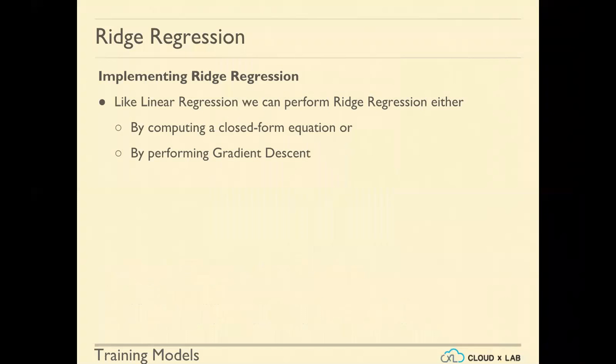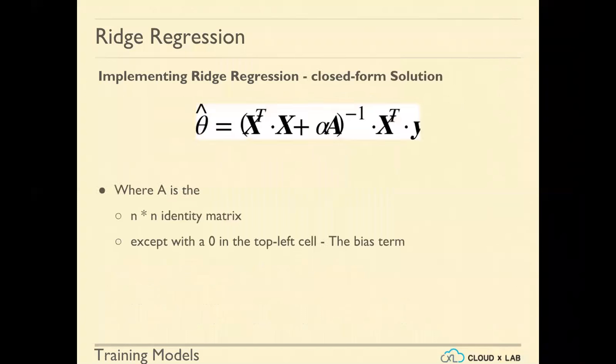Okay, just like linear regression, we can compute the ridge regression by either using the closed form equation, or normal equation, or by performing gradient descent. So if we had to implement this by ourselves, we will introduce one term here at this point, alpha A, in the equation, and this will be basically the ridge regression term. This is going to be an n by n matrix, an identity matrix, just that the left top corner is going to be 0 because we don't want to include